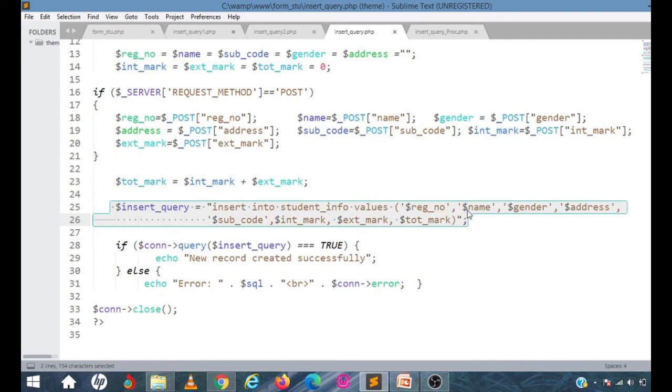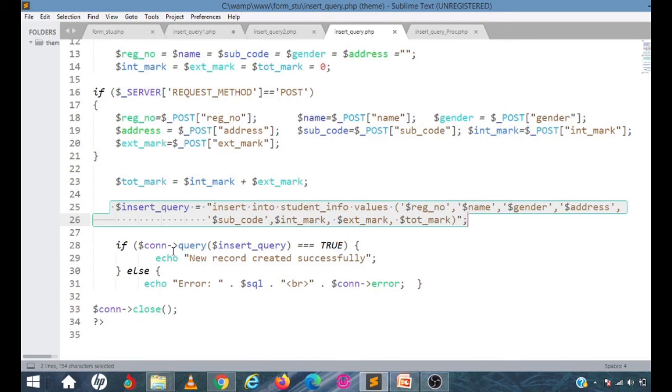This register number, name, gender, address and all these things. These are all the PHP variables I have. And after setting up the insert query, I have to execute that using this connection arrow query insert query. If it returns true, that means the record is created successfully. If it is false, then I am just displaying the error message and then I am closing it.